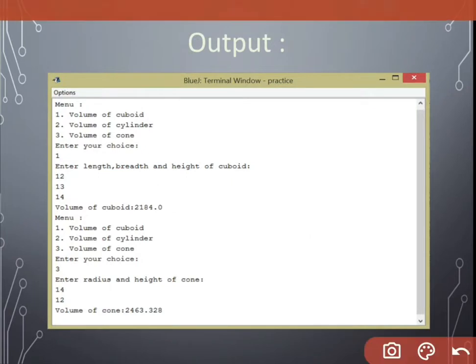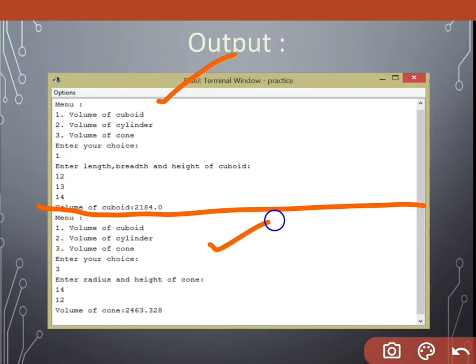See the examples. I created two examples so that you can identify how it works. The menu lets you find the volume of a cuboid, a cylinder, or a cone. Enter your choice.